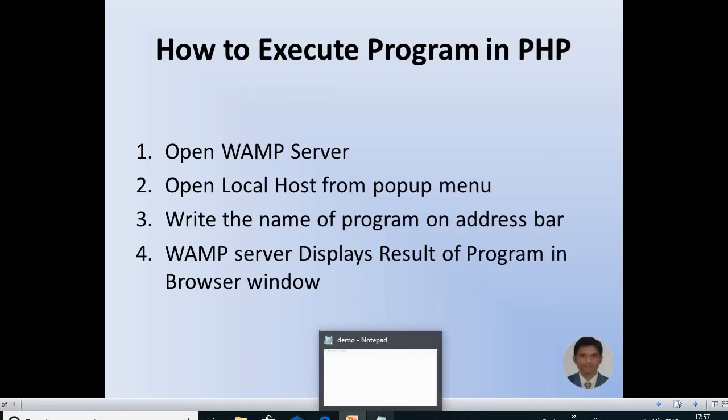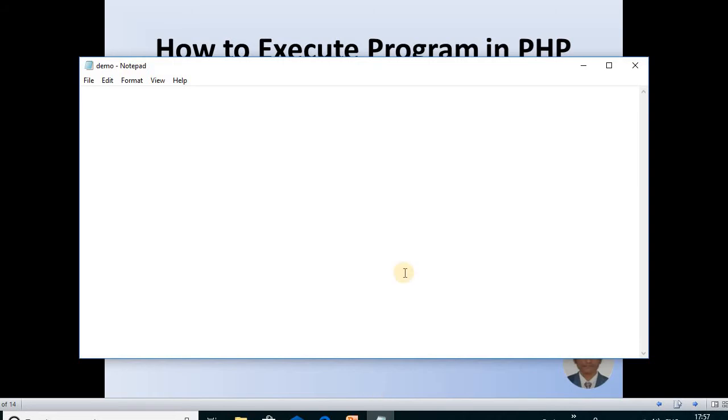Now we will see how the program will be created and how we can use the PHP script. First of all, every program will start from angle bracket question mark PHP. Then enter. Then you can write here any valid PHP statement. So the next statement is, we can display the message hello or good morning. So echo is the next statement to display a message on the screen.